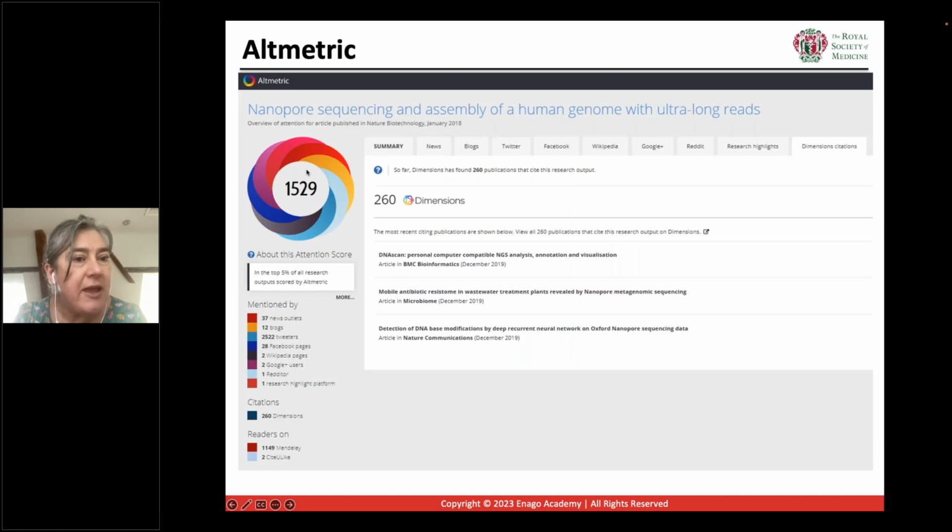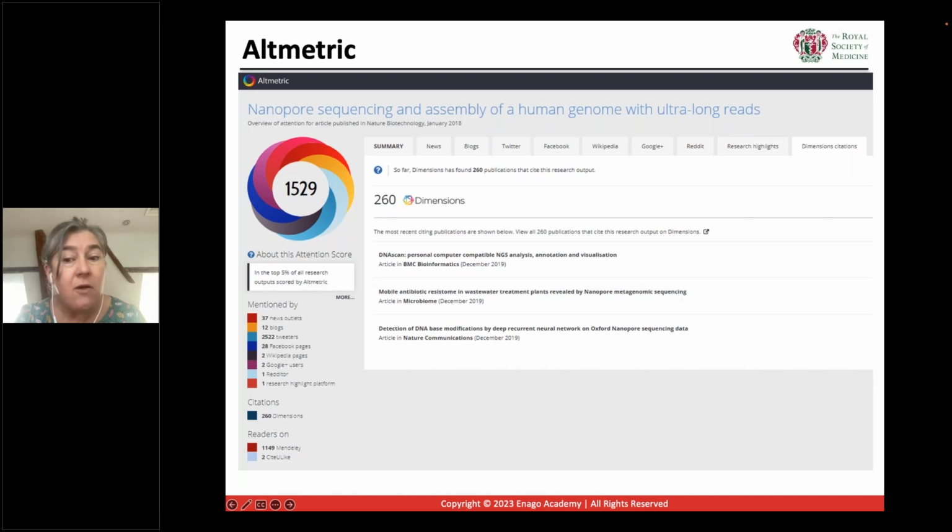So there's a screenshot here of a particular article showing that on the left-hand side there's the score. It's the famous Altmetric donut, which gives a summary of the attention for this piece of content. This particular article is in the top 5% of research outputs scored by Altmetric. It's pretty good. And then the authors can click through and look at the various tabs to see details of mentions in any news outlets, blog posts, Twitter, Facebook. And you can also sign up to be alerted of any new mentions of your work.